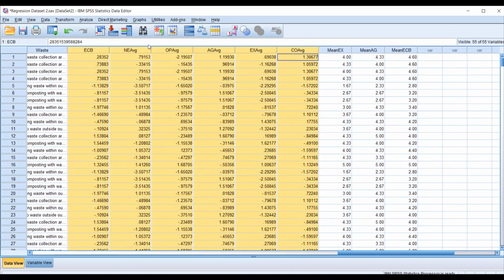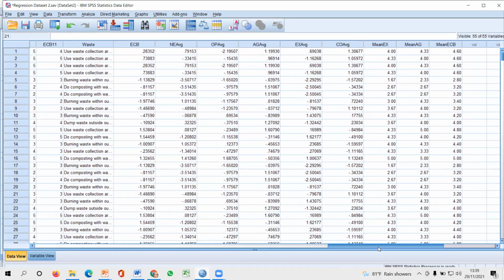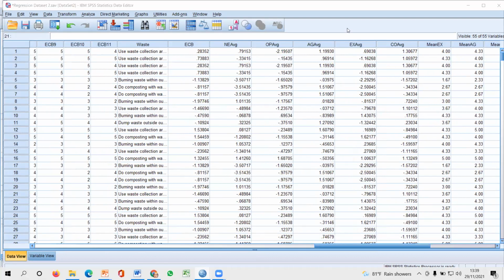Now we already completed the correlation analysis. Then let's move into the regression analysis. It's very simple, right? Now why do we need to do the regression analysis? Let's see.